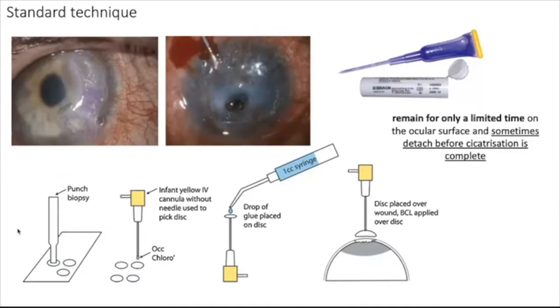Normally you take a punch biopsy of a sterile drape, and on the drape, from one side you put chloramphenicol, and from the other side a drop of glue, and then you apply it over the hole. It is a temporary occlusion for a small or medium-sized perforation,